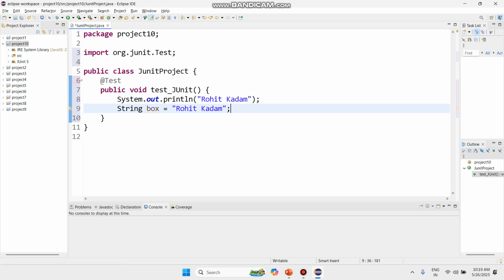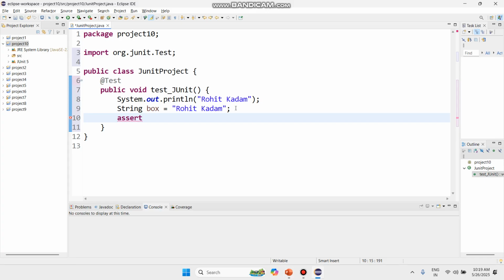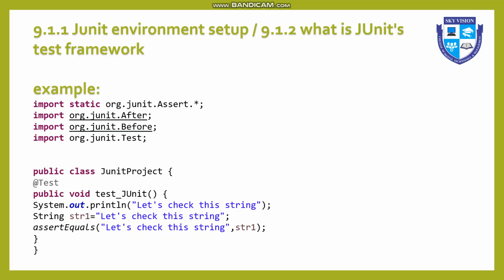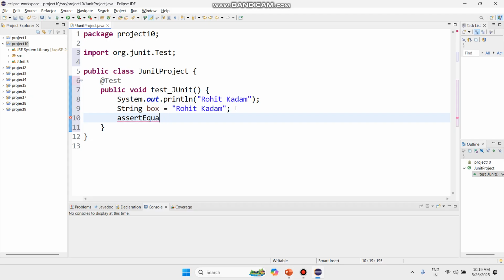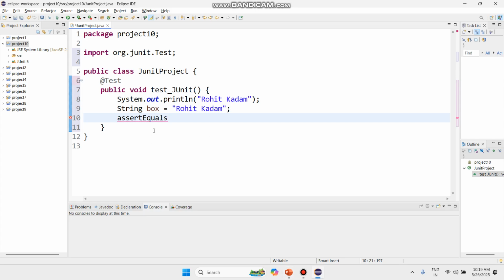Okay, after String, use your colon, and now the only thing is we need to apply Assert dot assert. E is capital, that is important. Assert equals, not equal, it's equals. Let me check everything is right. Yes, perfect. Okay, assertEquals, inside the bracket we need to write what exactly we need to test. So I want to test this one, Rohit Kadam, right? Now after that use over here